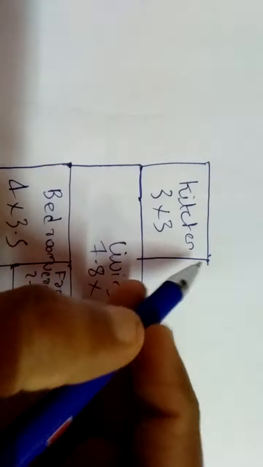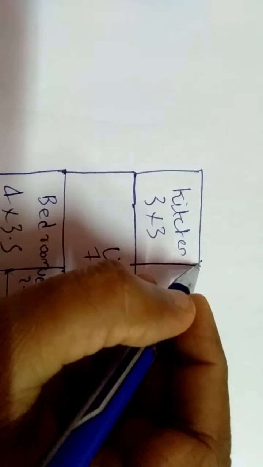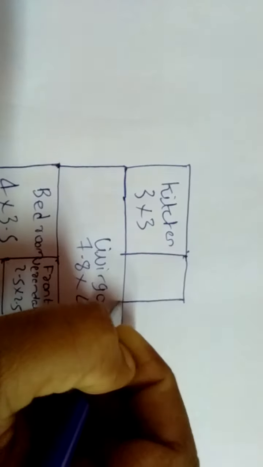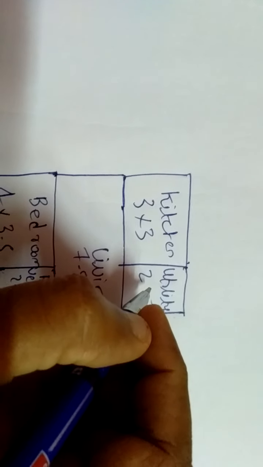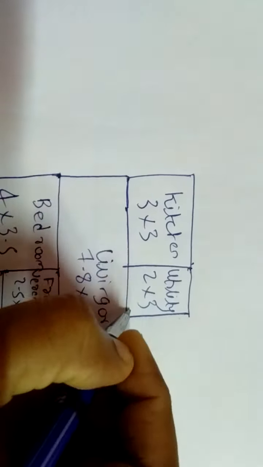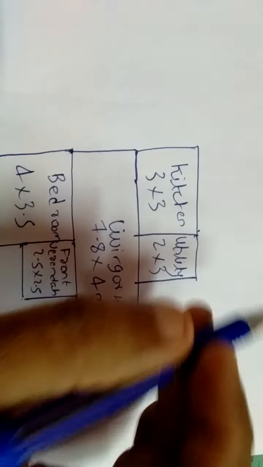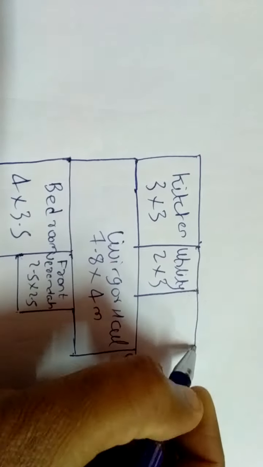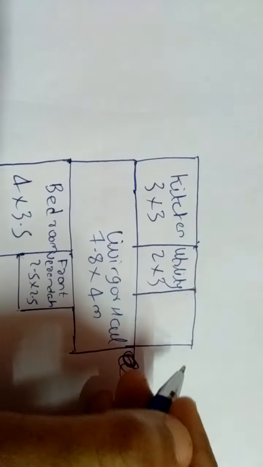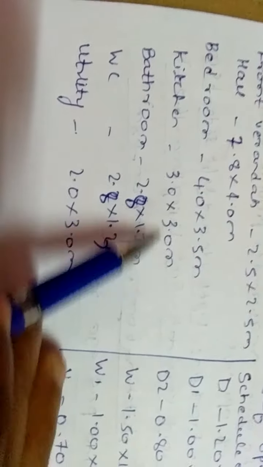Then we have to provide the utility, 2 meter by 3 meter. So let us give the utility or the storeroom by the side here. This is the utility. The utility is 2 by 3, 2 meter like this, 3 meter like this. What is left out is the water closet and bathroom. In this block itself you will fit that. Here you can see in the previous videos I had shown you this room dimension, but there was some mistake with the dimensions given there. So these are the new dimensions to be noted.